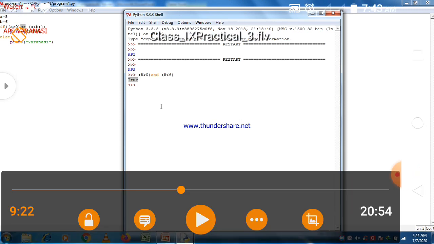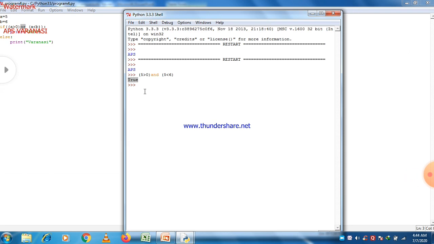So let's perform another operation. Let's take 5 is greater than 0 and, as the second condition, 5 is greater than 6. Here the first condition is true and the second condition is false.